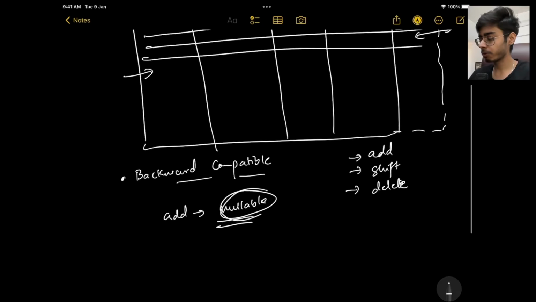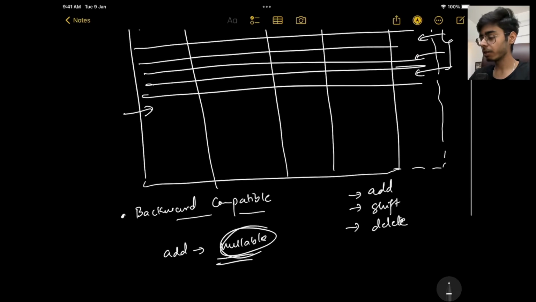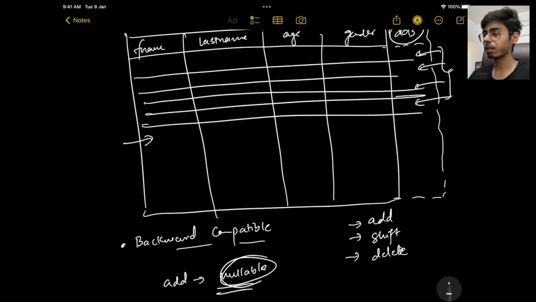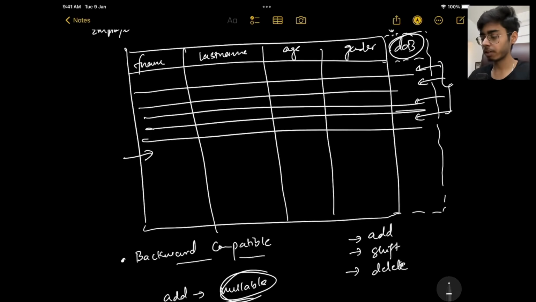Next thing is, whenever you run a migration, you do not put it to production at that instant itself. You release a version that's usually an alpha version, then a beta version, and then when you see that, hey, nothing is breaking, you put it to production on a certain deadline or date. So this was for add.